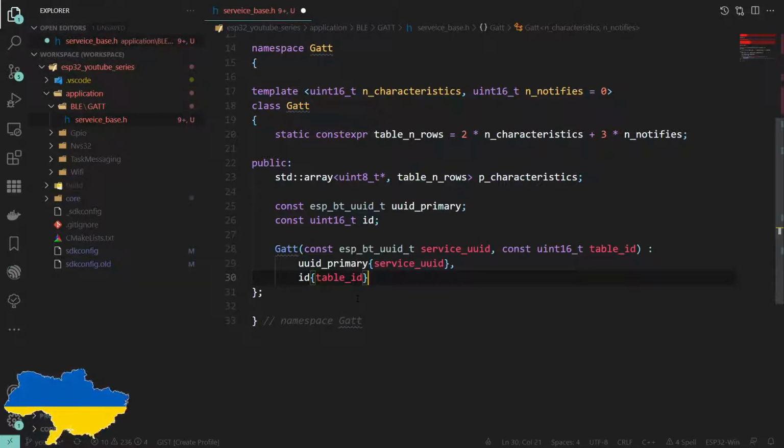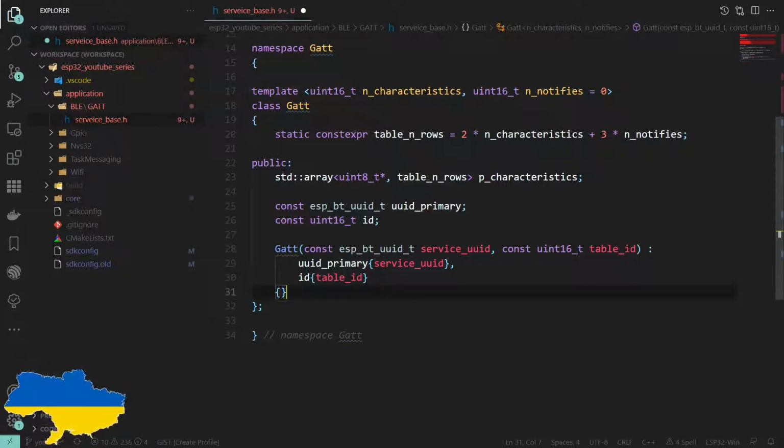Thank you, IntelliSense. And then actually we don't need to do anything in the constructor at the moment, so that can effectively be a no-op after we've done the initialization here. Okay, so that's these two initialized. That's good. Still need to do something with this though, which we'll see in a bit.